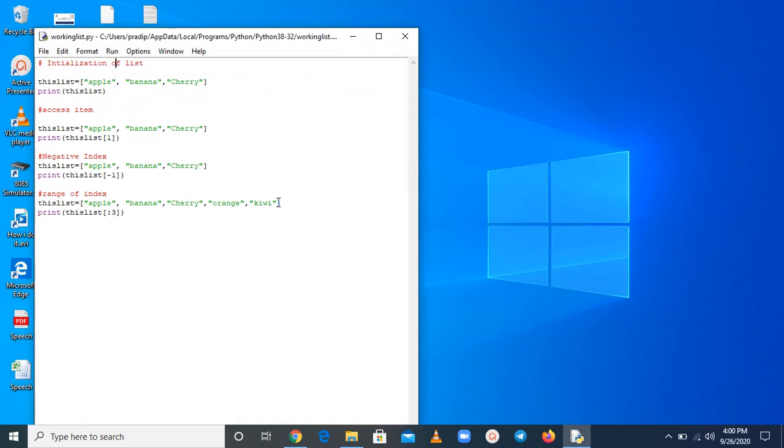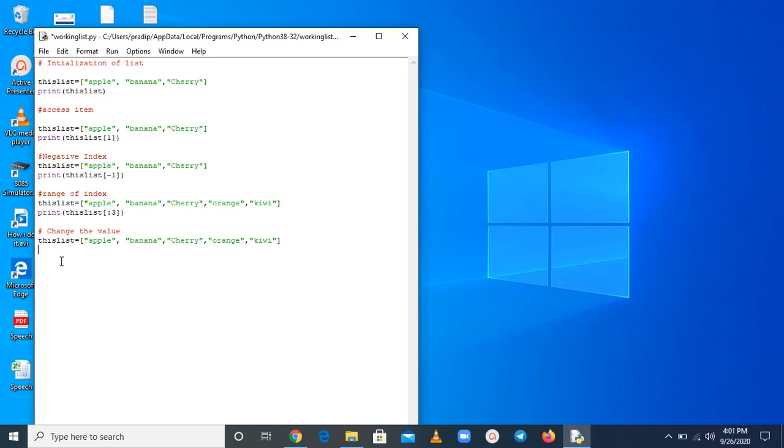Now, moving forward, we are talking about something most important, that is changing the value. If you want to change the value, how can we do it? This is the list, and there are two methods which we have already discussed. One is the index method, and the other is somewhat tough. So, let's discuss the easiest method. Firstly, find at which index we want to change.